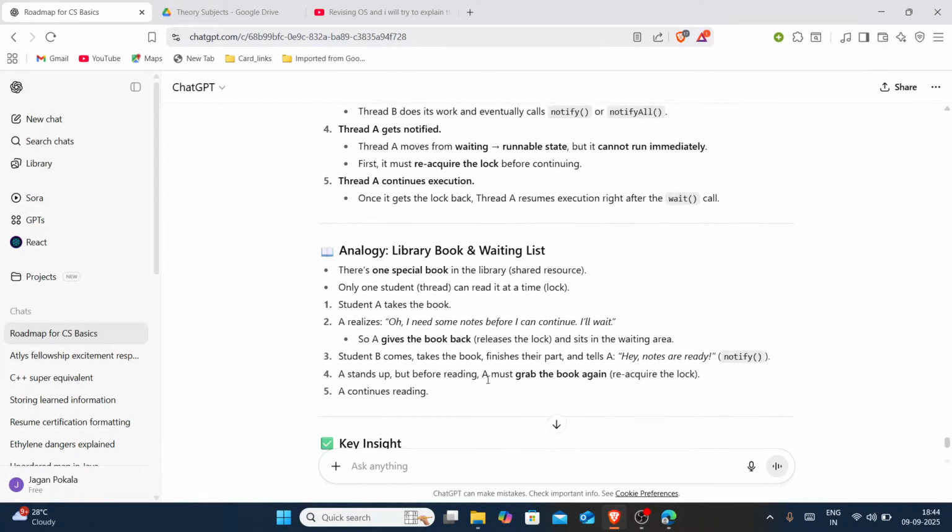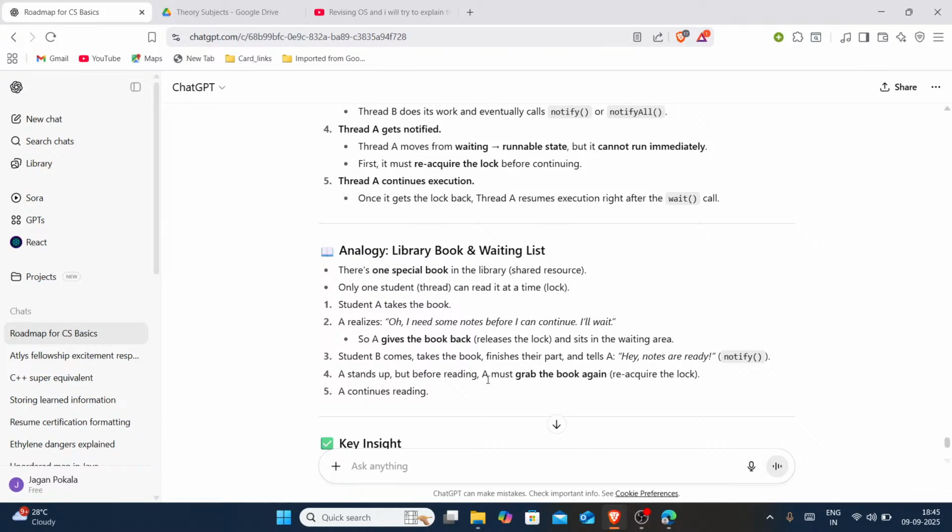Consider an analogy. There is one special book in the library. Only one student can read it at a time. Student A takes the book, but says, oh, I need some notes before I can continue, I'll wait. So A gives the book back and sits in the waiting area. Student B comes, takes the book, finishes their part, tells A,